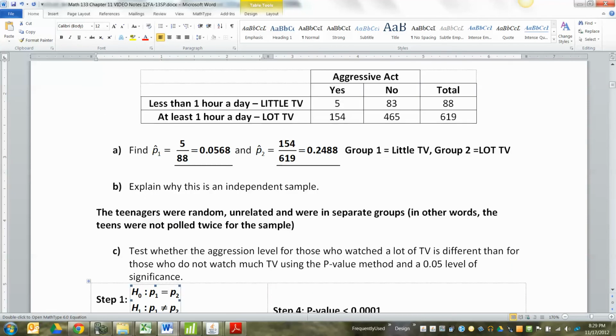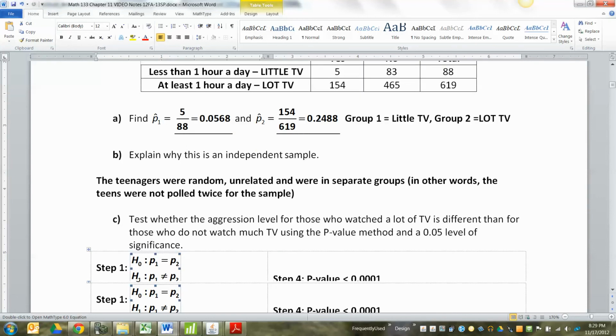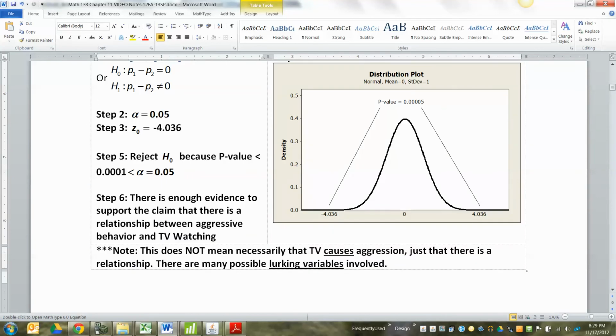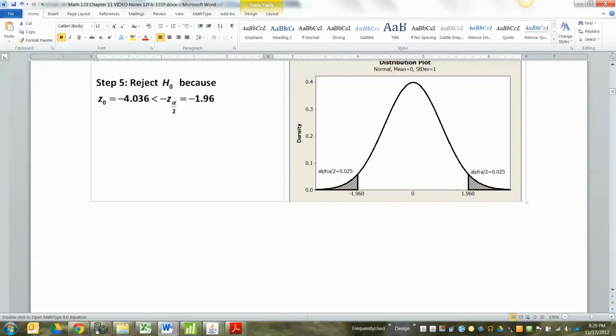And they were different. One was at 5% and one was at 25%. Look at this, 0.0568 to 0.2488. That's a big difference, but was it big enough to be significant? Well, what you found was the z-score here for how far apart that distance was, which is significant. It had a p-value that was less than 0.0001, so you rejected the null hypothesis,